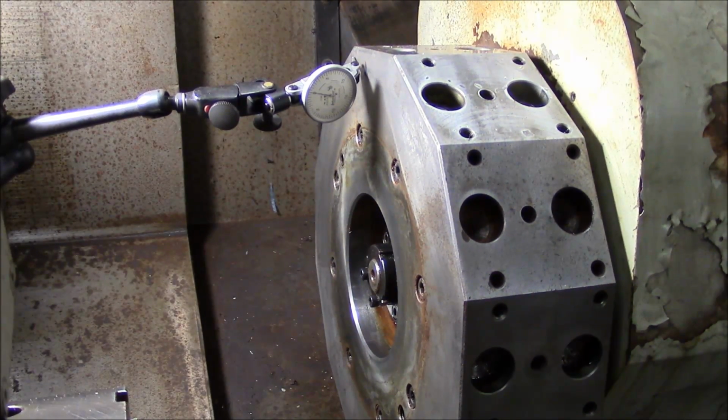That's as close to no movement as I can get it. The needle does shake a little bit at the far end. I think there's some corrosion or pitting in the face of the turret. Not a big deal. So we're going to move on to the next step, which is to set the alignment